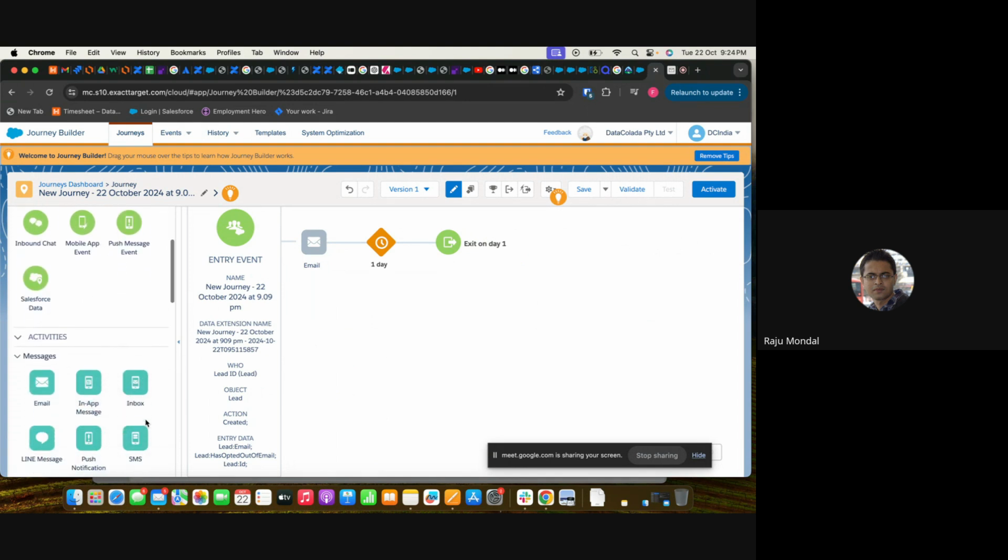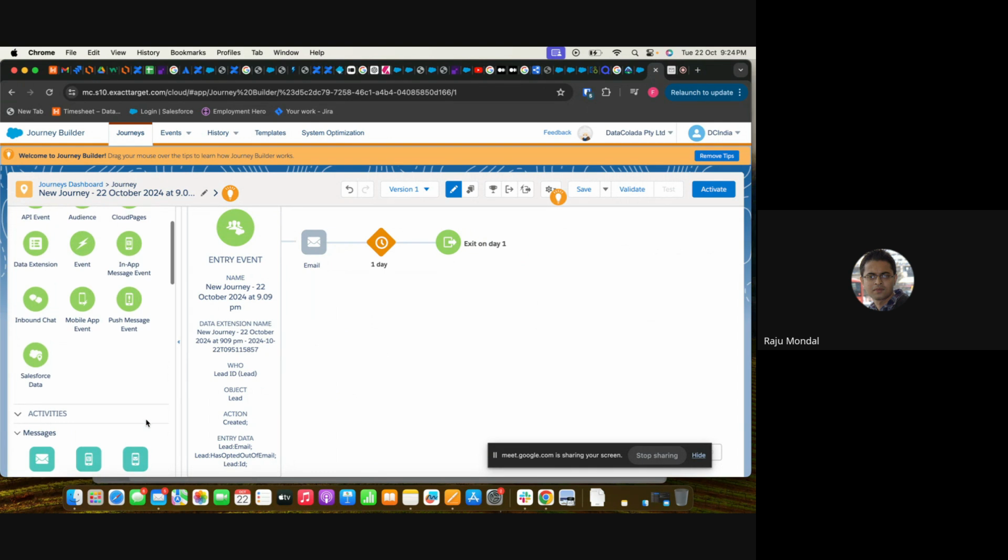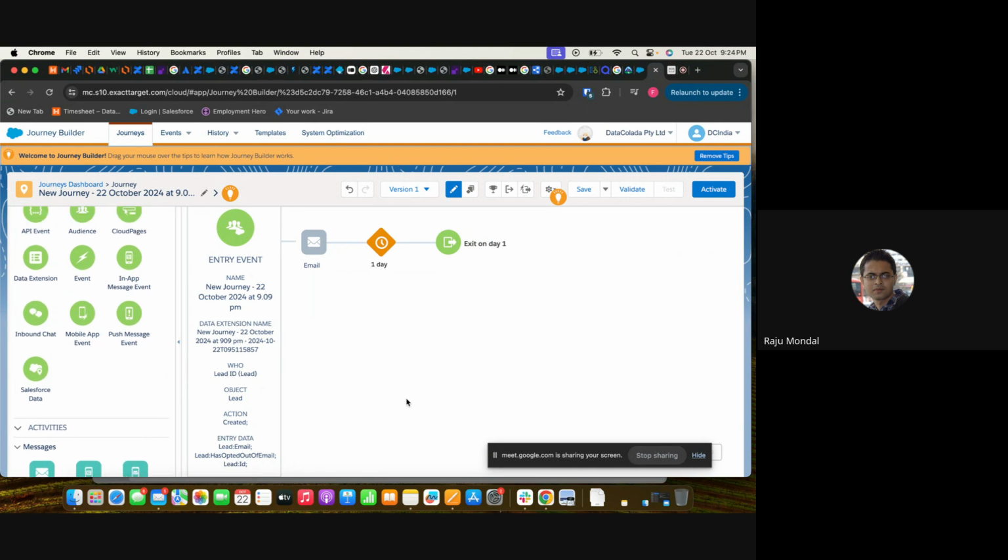But if the website data is already connected to Sales Cloud, then whenever the customer data is filled up, it will come and stay in Sales Cloud only. And if you want to send any kind of SMS, email, or WhatsApp, then we should use the Salesforce data here as the data entry point, and then it will be fully automated. So we don't have to manually create any data extension point, right?